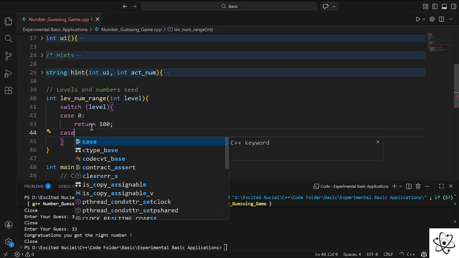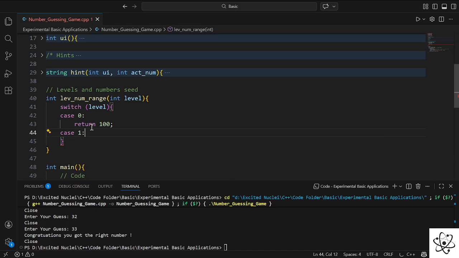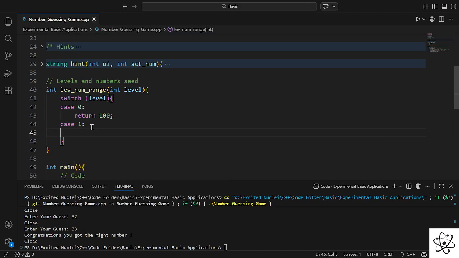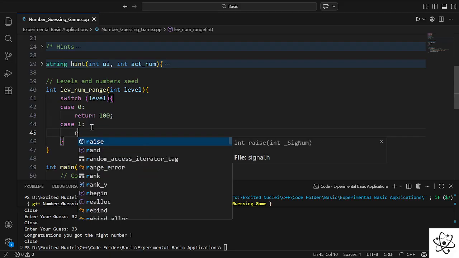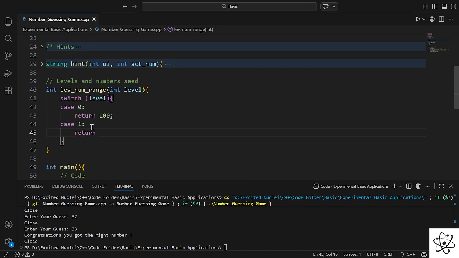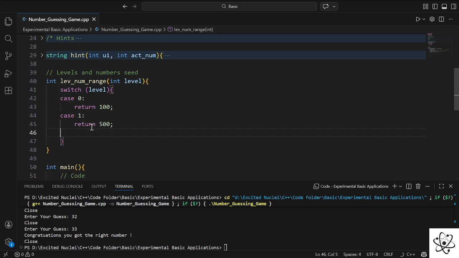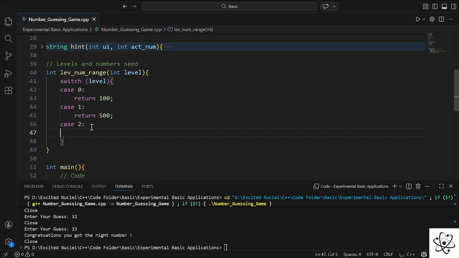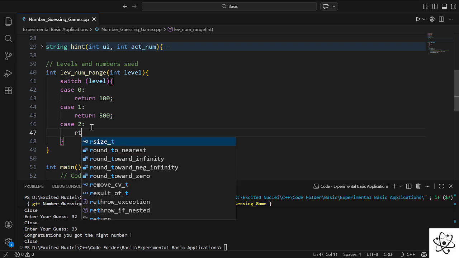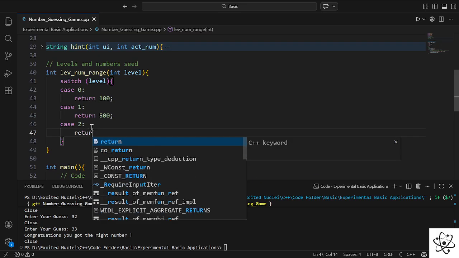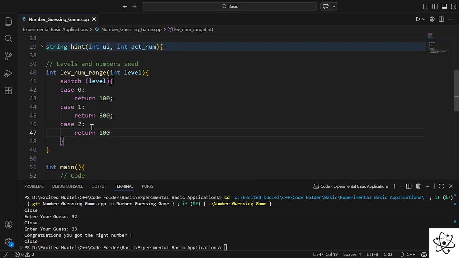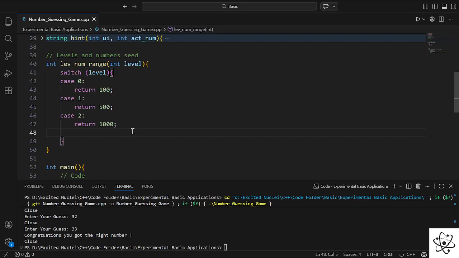And for case two, that means days, we can return the range a little bit higher, and that is 500. That means 0 to 500 numbers. Now case 3 will have a range of 1000, and default case is